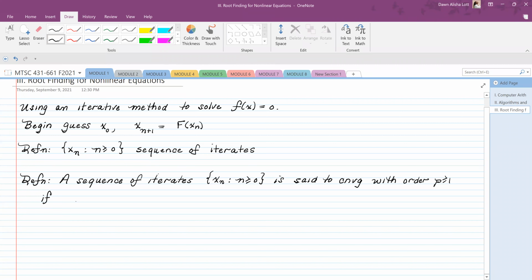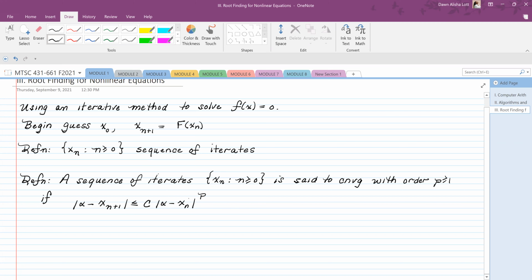So if this sequence of iterates is going to converge to alpha, then the absolute value of alpha minus xn plus 1 is less than or equal to c, that's some positive number, times the absolute value of alpha minus xn